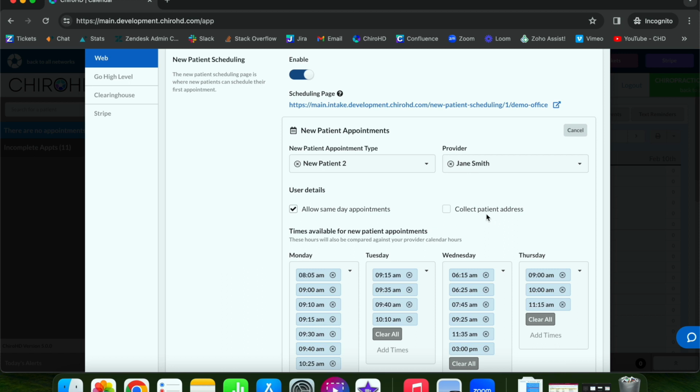Collect patient address will simply show address fields when the patient is putting in their information. By default, we ask for first name, last name, email address, and phone number. But if you select collect patient address, it will show patient address fields. This is if you desire to try to capture that information. We can't make the address fields required fields, but if you have this enabled, you have a better chance of